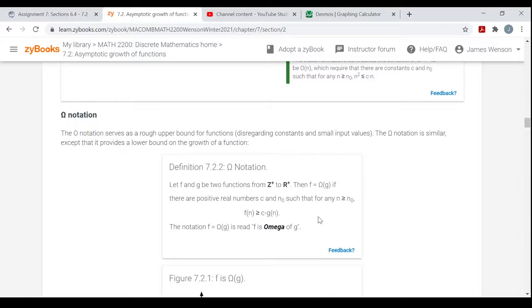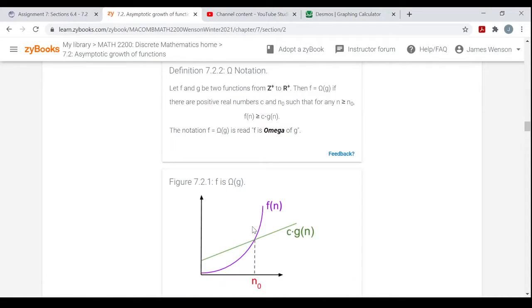All right, so this big omega notation says: let f and g be two functions, again from the positive integers to the positive real numbers. Then f is omega of g if there are positive real numbers c and n0 such that for any n greater than or equal to n0, f is greater than or equal to c times g. So f is omega of g. So this means that